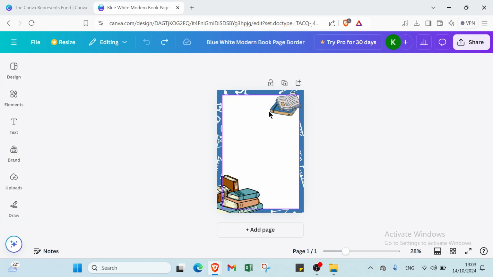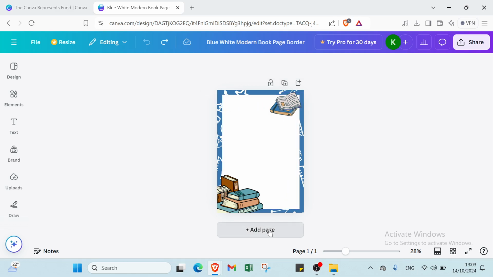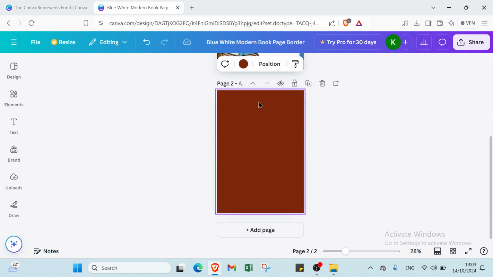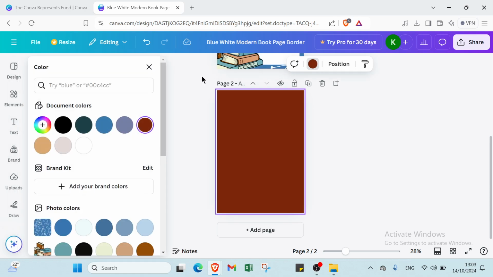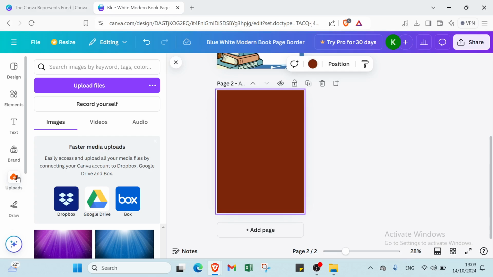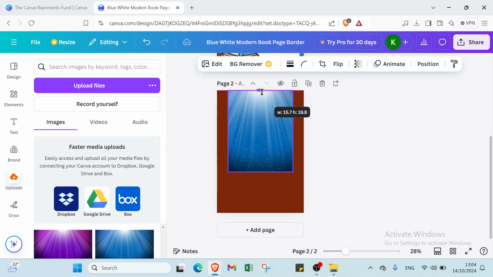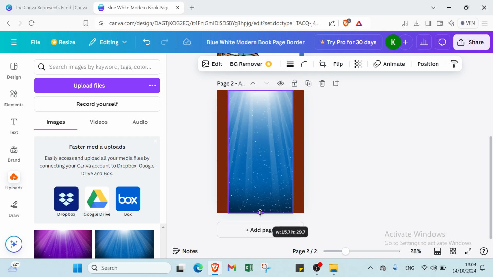So here we have it. Also you can duplicate this page if you want. So here we have just add page like that. If you don't like the background, you click over here and you add the background that you want. For example, I will go to the uploads and I will search for my background that I already chose. For example, this one. Then I will just modify it like that, as you can see, about the size,